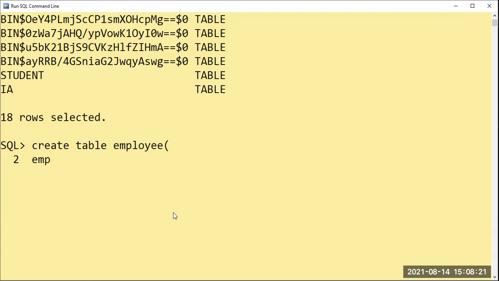The alternate option for the space is underscore. I'll give that as a varchar, because I just want to provide values like E101 for ease of understanding. So varchar of 5, and I'll use this as a primary key.